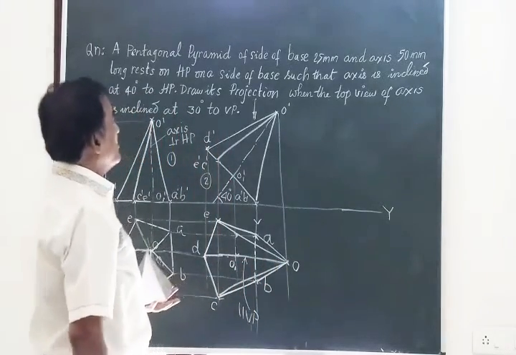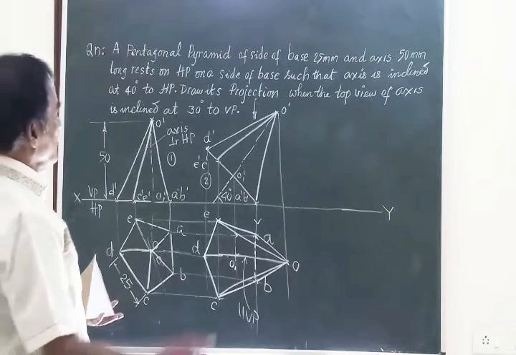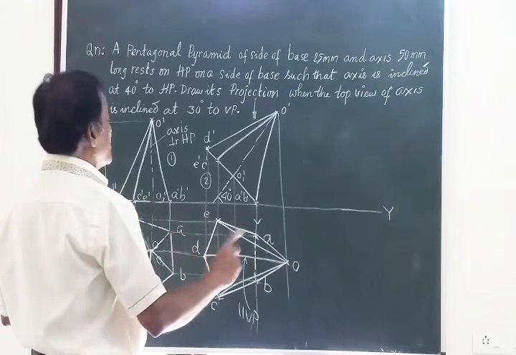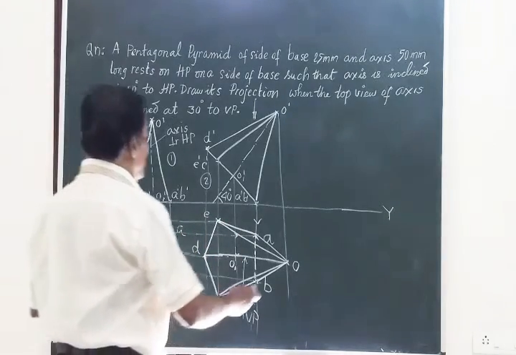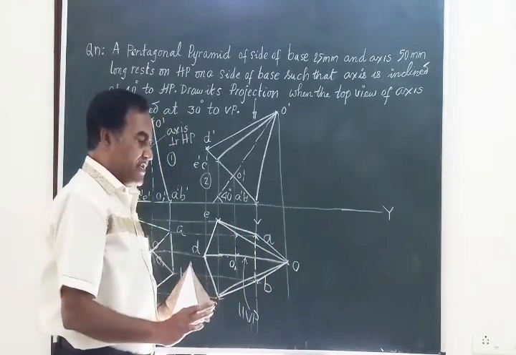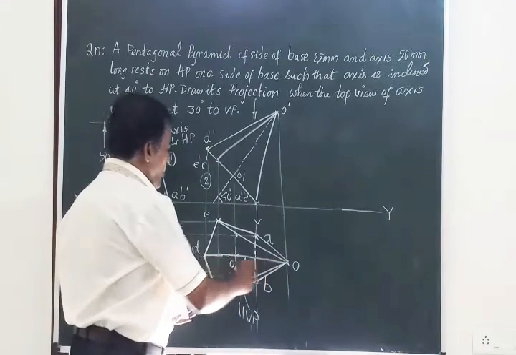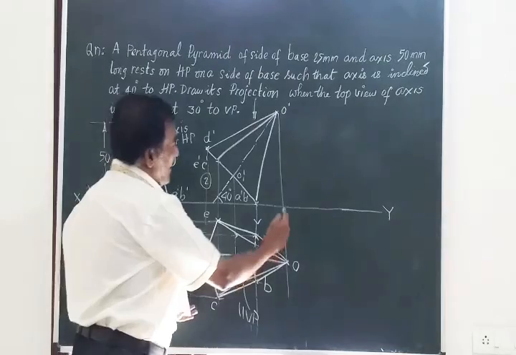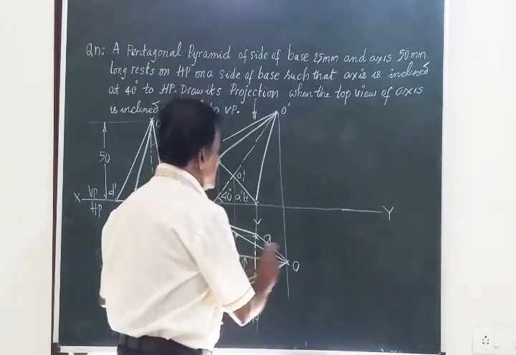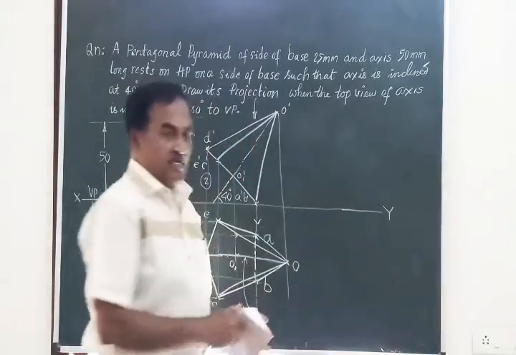In the question he is asking, draw the projections when the top view of the axis is inclined at 30 degrees to VP. So whatever the figure is here, where the axis of the solid is parallel to VP, is to be redrawn such that O1 is inclined at an angle of 30 degrees to VP. So I have to redraw this figure here and finally obtain the front view of the solid. To do that,